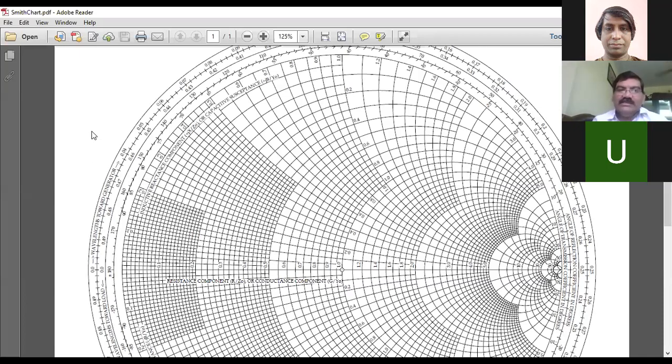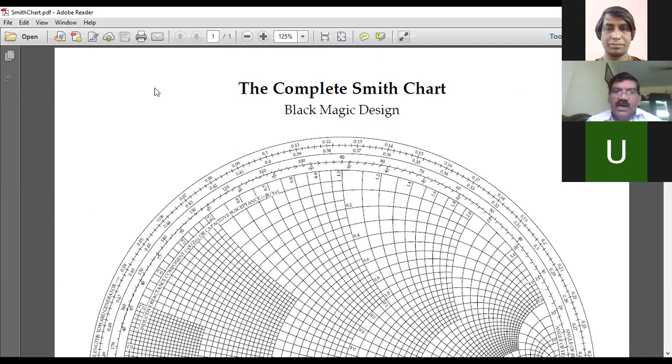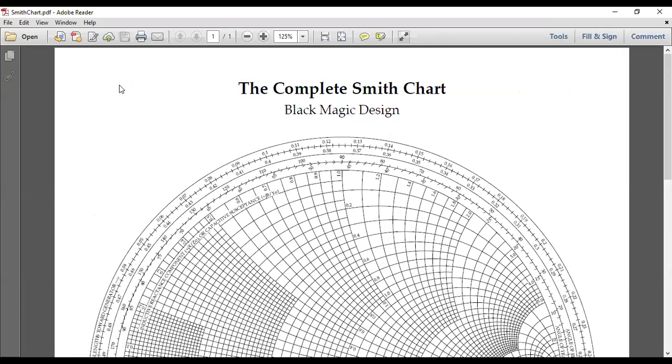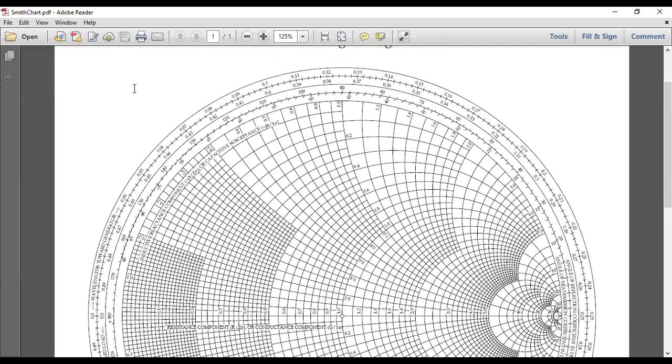Suppose I give the Z0, the characteristic impedance, as 50 ohm, and my impedance is again 50 ohm. We have to normalize, that is, divide by the characteristic impedance, whatever it is. Now if I have to plot Z equals 1, normalized, my impedance is 50 ohm and my characteristic impedance is also 50 ohm. So what is my equivalent impedance? That is equal to 1.